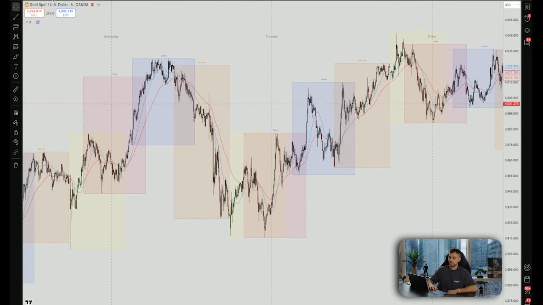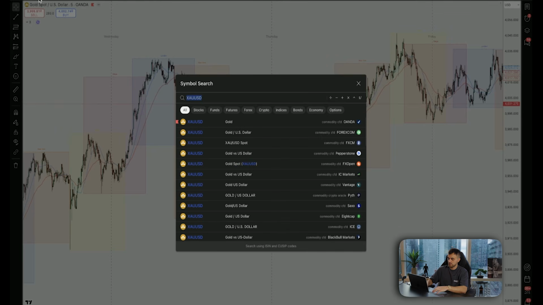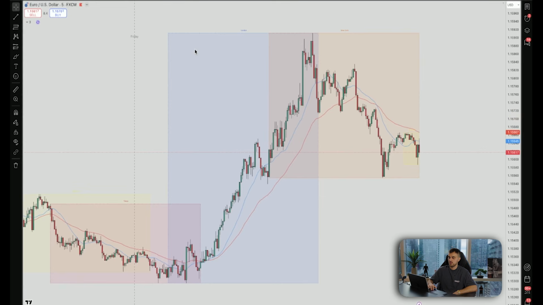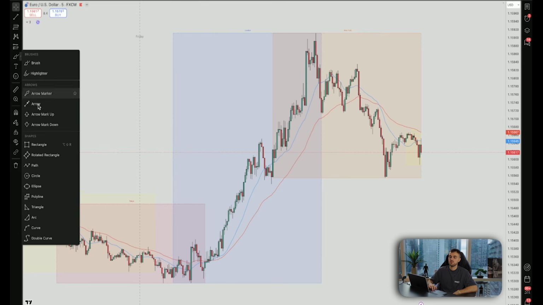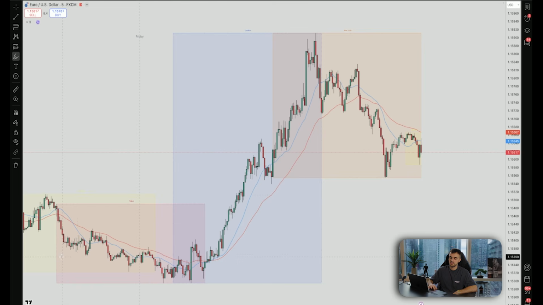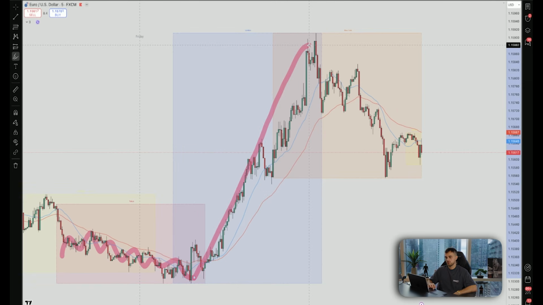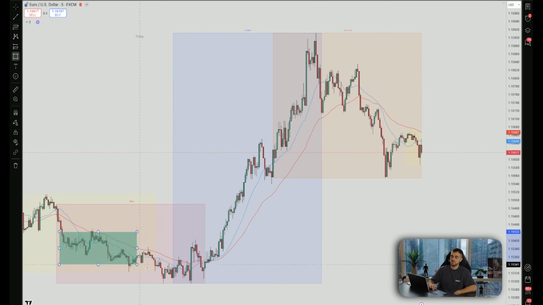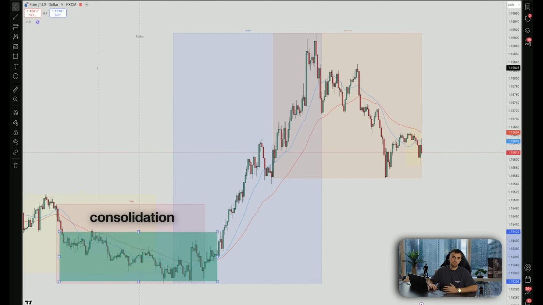So if you look at the chart here, and in the top left corner, you can see I'm typing in Euro USD. So now I have the Euro USD on the chart. If you look at Euro USD, for example, see how in Tokyo session, it has some consolidation here, but then when it goes into London session, you really see it moving. So Euro USD, being that it's the euro and the US dollar, it doesn't often move that much in the Tokyo hours. You can see a prime example here where we're getting consolidation. So this is a sideways market.